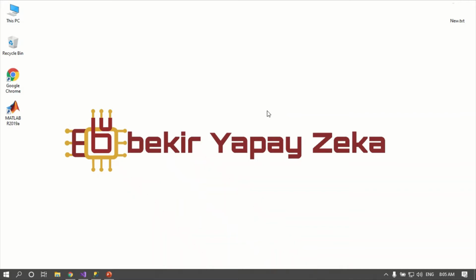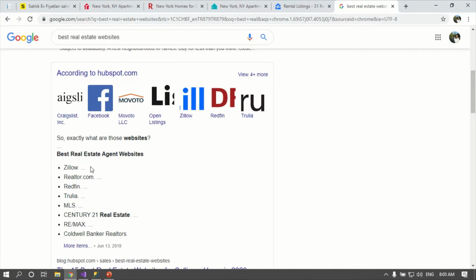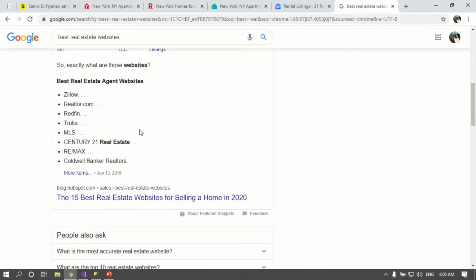This is Abu Bakr and Mustafa from Abu Bakr by Zeka company. We are a software company in Turkey, and we are introducing for the first time a new navigation system and geographic data information query system. We can show you here that all other websites, the best real estate websites, as shown here in Google, all have the same problem, which we have made two algorithms